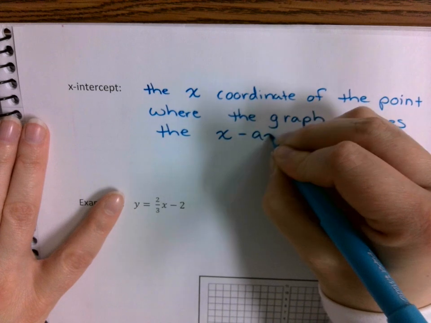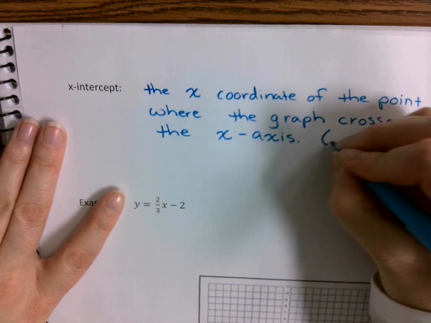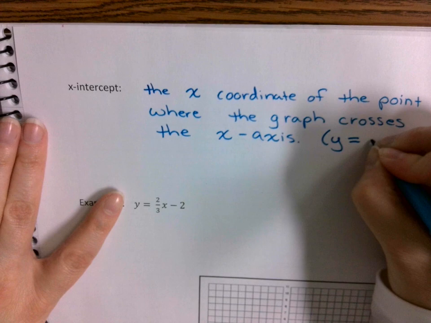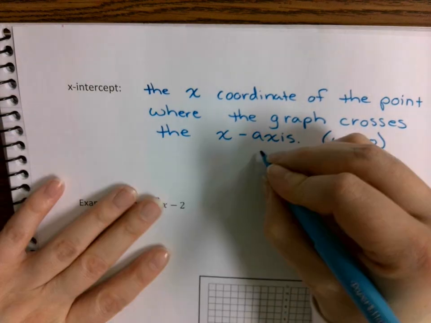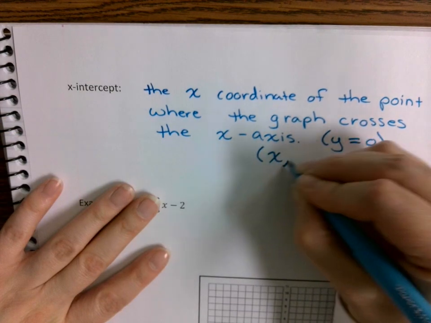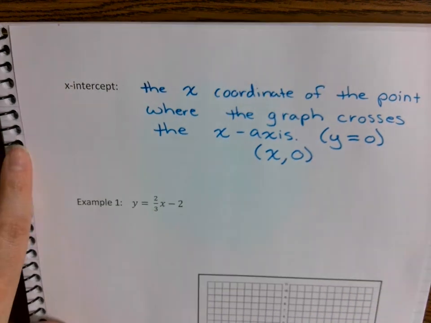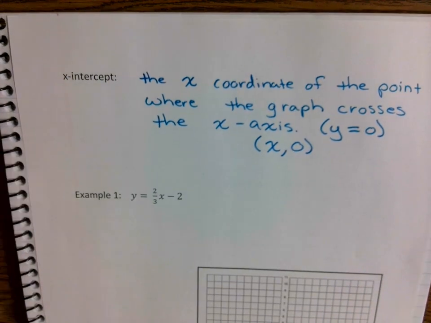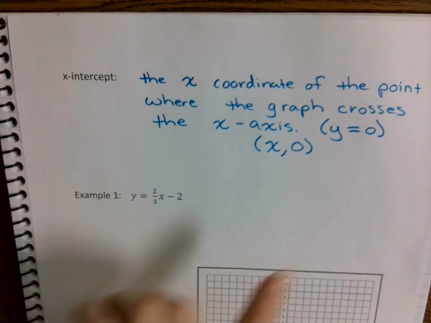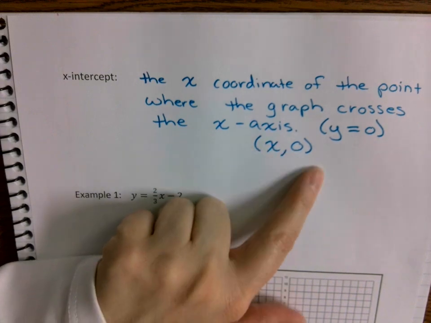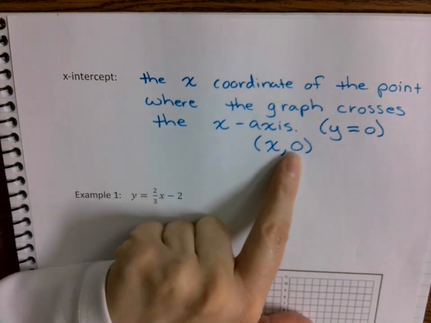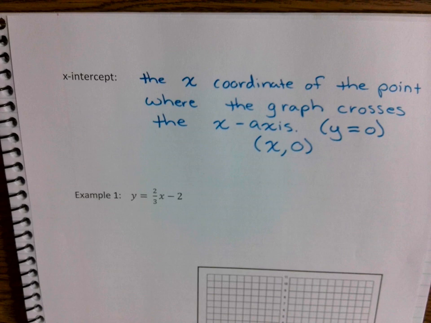So it's also known as where y is equal to 0, and it's written as the point x, 0. So the point where y is equal to 0, and we graph it as a point x, 0. So whatever your x value is, 0, because y will always be 0. And when we're looking at it